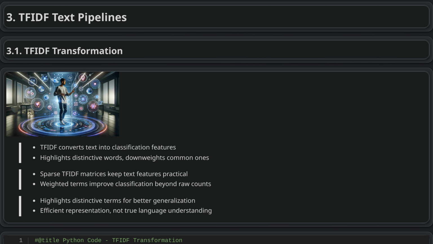TF-IDF, text pipelines. TF-IDF, transformation. TF-IDF is a way to turn text into numerical features for classification by giving more weight to words that are important in one document but uncommon across the whole collection. This helps reduce the influence of frequent but less useful words, such as the or please. In tasks like customer support classification, TF-IDF highlights more informative terms, such as refund or password, so the model can